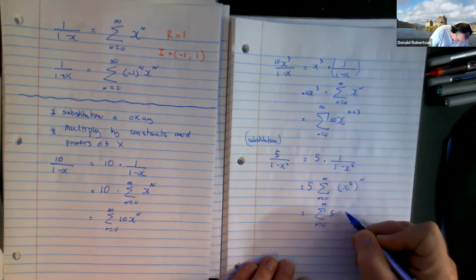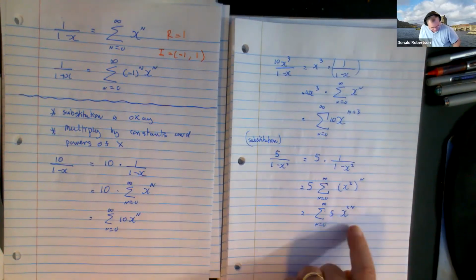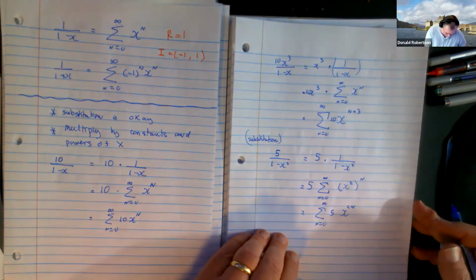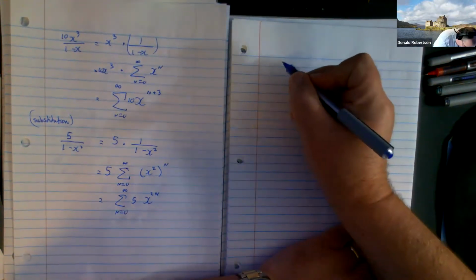X squared to the power of n becomes x to the 2n. So there's your power series for that fraction. I need to do more of those, I'm sure. Okay. How about